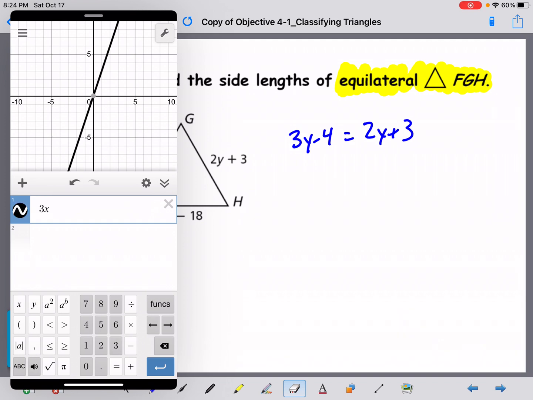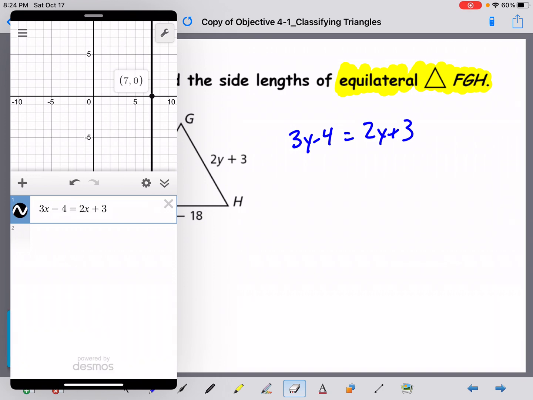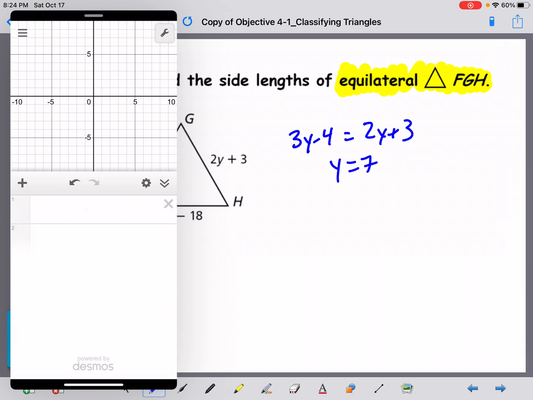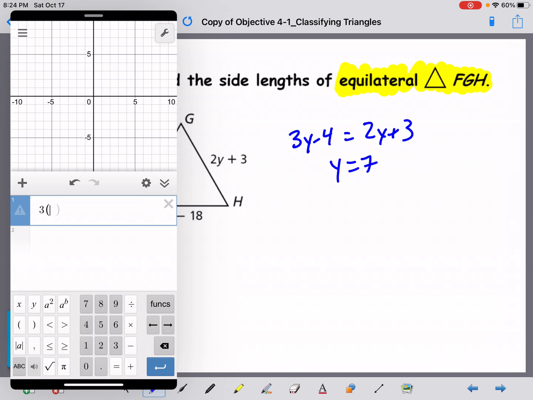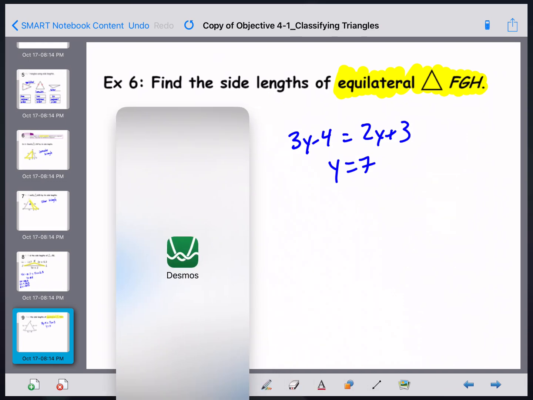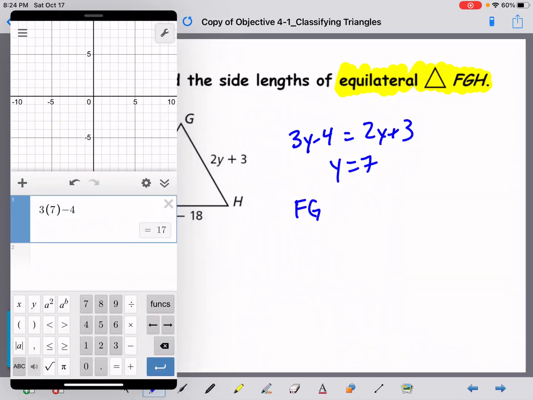So 3y minus 4 equals 2y plus 3. So, y is going to be 7. And now I got to substitute that in. So 3 times 7 minus 4. So 3y minus 4 is FG. So FG equals 17. GH,